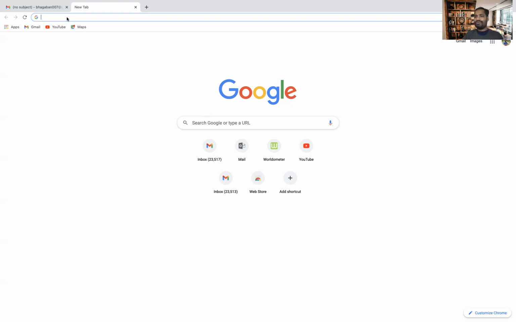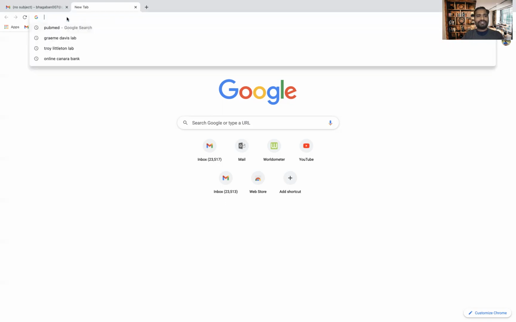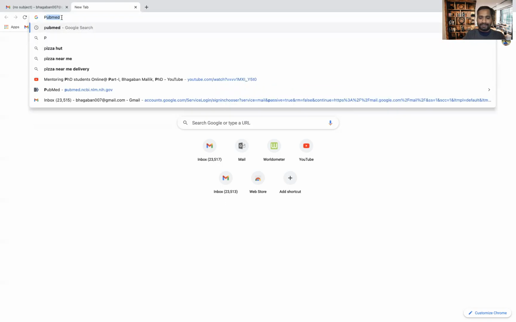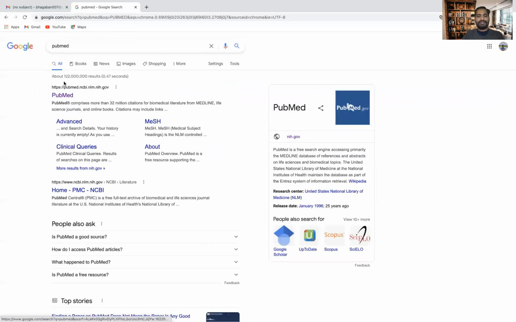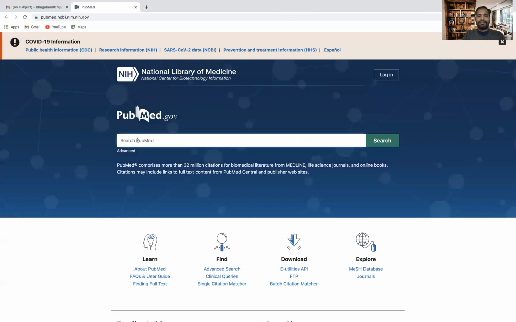If you don't know which lab you are interested in applying to, just go to Google and type PubMed. PubMed is for biology students, I will say, but similarly, chemistry or physics students can also type the same. In PubMed, you are going to get this window, and just type the area you are interested in. For me, I will write